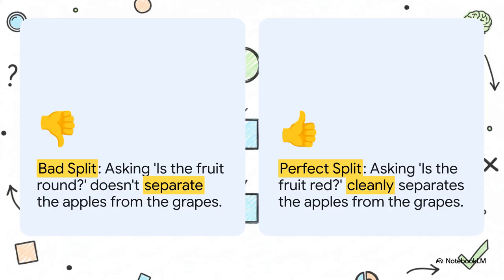Let me give you an example. Imagine you've got a big basket of red apples and green grapes all mixed together. Now, if you ask, is the fruit round? Well, that's a terrible question, right? Both are round. You haven't separated anything. But what if you ask, is it red? Now you've got a perfect split. All the apples go one way, all the grapes go the other. The machine literally tests every possible question it can think of to find the ones that create the best, cleanest